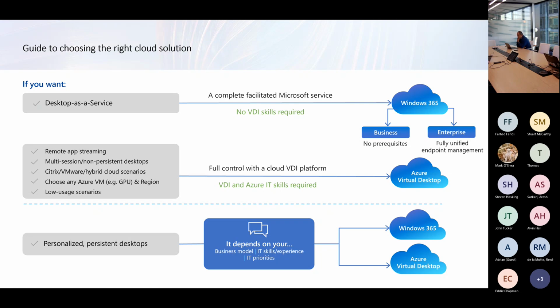And last but not the least, it's pretty evident, like what we were discussing, persistent desktops, unfortunately today, can be delivered by both solutions. It's called a personal desktop in Azure Virtual Desktop, and Windows 365 is by nature a persistent desktop. So both can be delivered, but now the choice that you have to make is whether you want a fixed predictable cost model, or you still want to go down the path of an unpredictable variable model month over month.